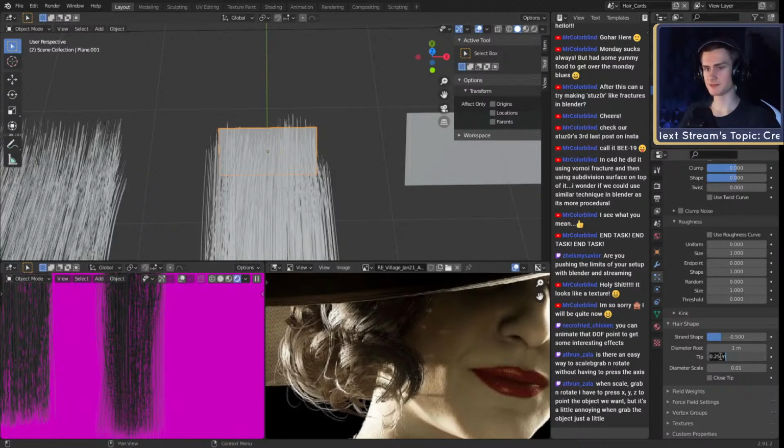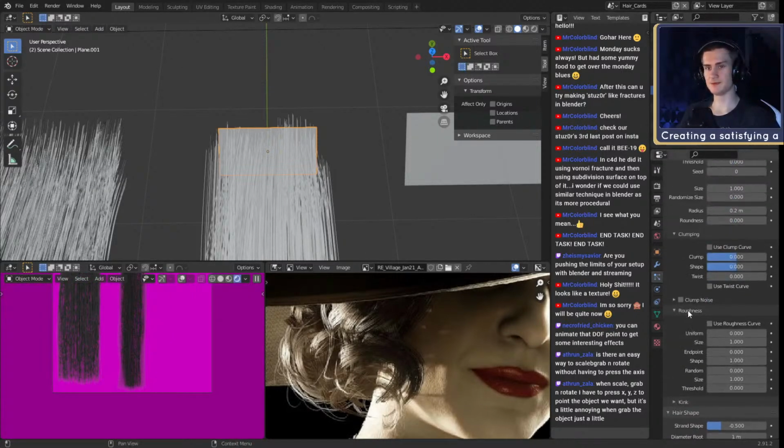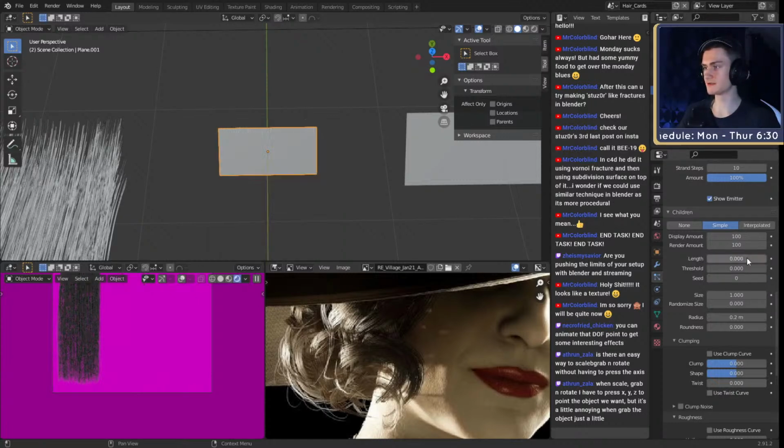We can probably increase the size even more, maybe 0.5. That's quite big, but what we can do is we can change the length. There, we can put that, for example, to 0.75. What that does is similar to the roughness value. Okay, hold on.